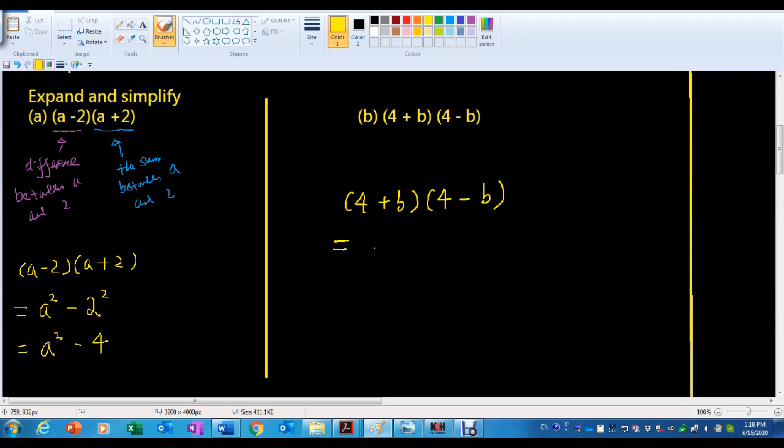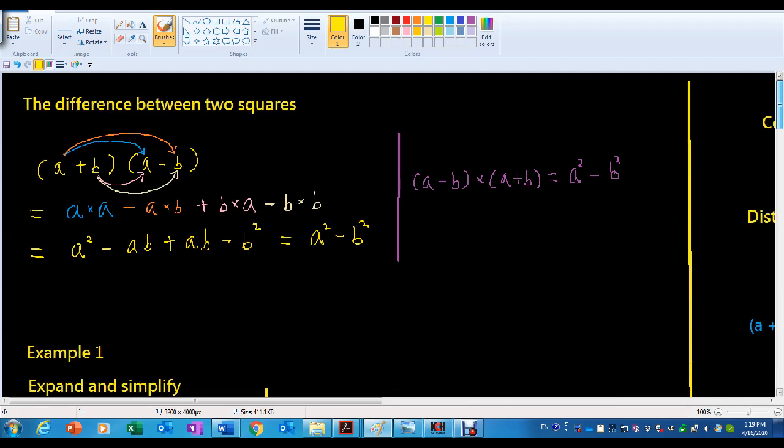Okay, are you ready? So the answer will be the square of the first term, then take away the square of the second term. Okay, so that will give you the answer, right? So you see, when we know